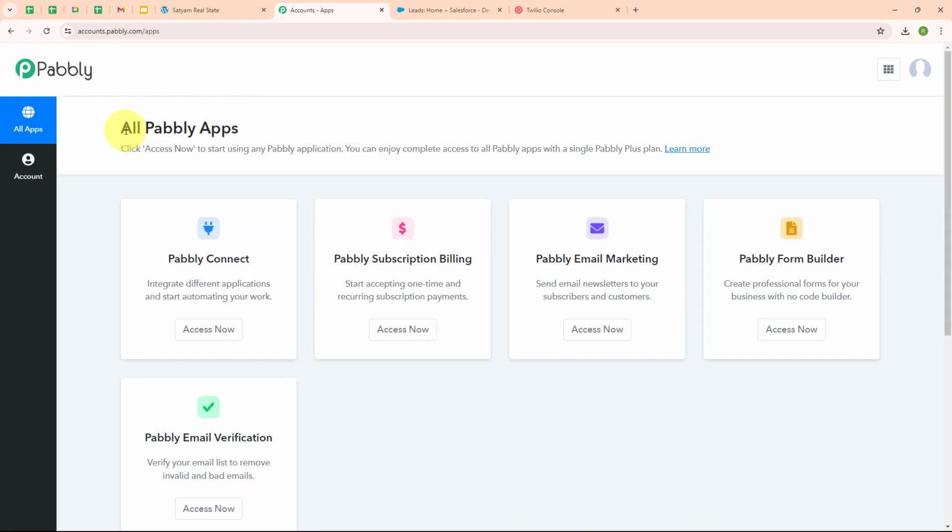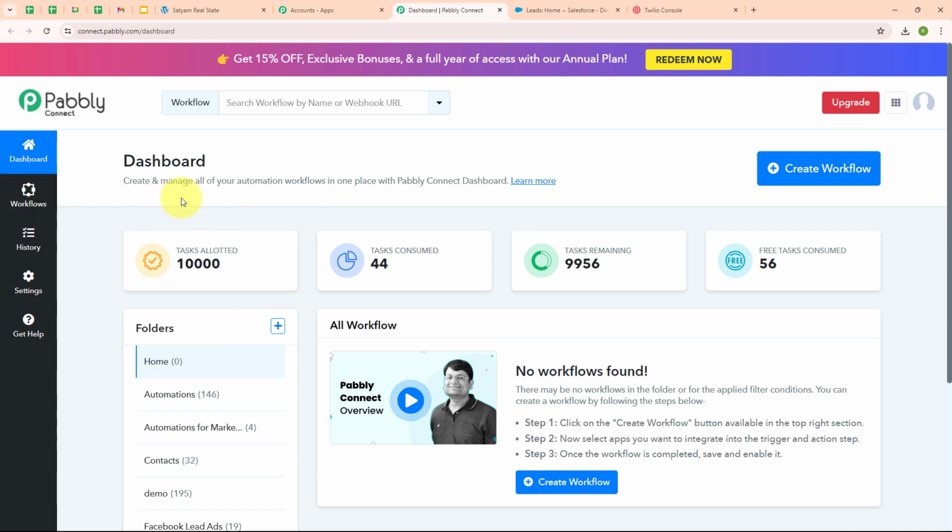Now after signing in, you can see the all Pabbly apps window where you can see all the applications of Pabbly. And to connect my applications, I'm going to use Pabbly Connect. So this is the dashboard of Pabbly Connect, and to build my connection, I need to create a workflow first. So for that, I'm going to click on this create workflow button that is given on the top right